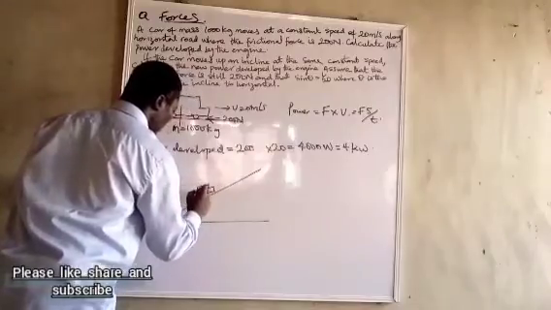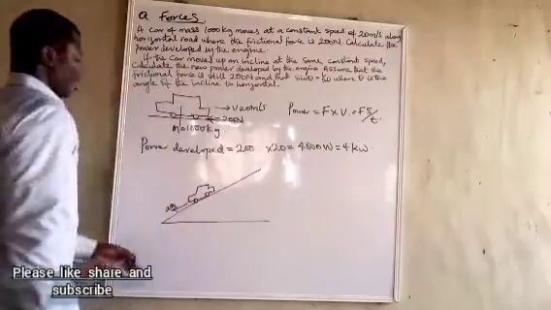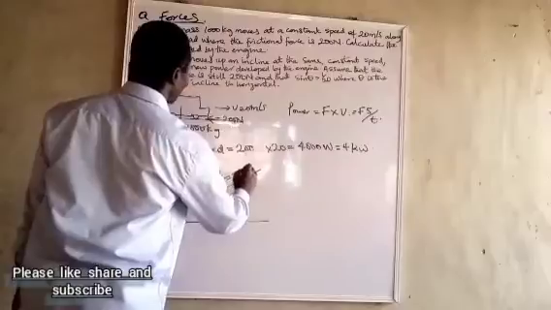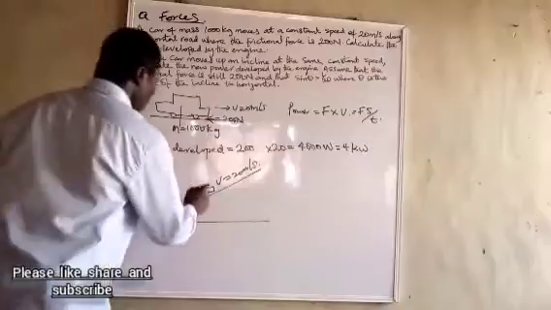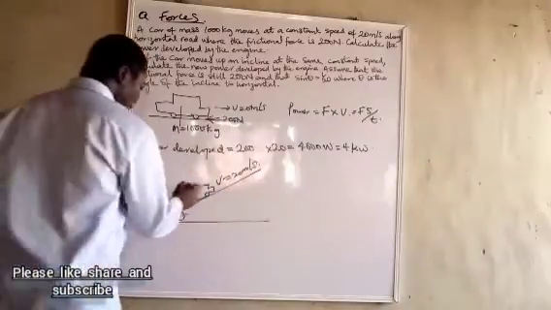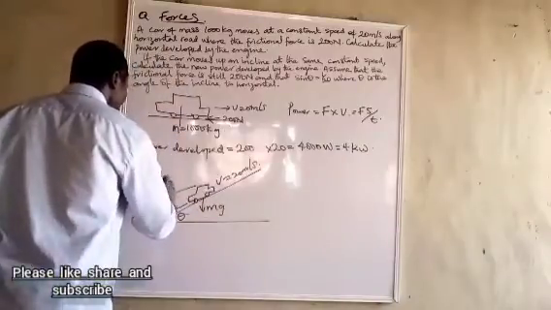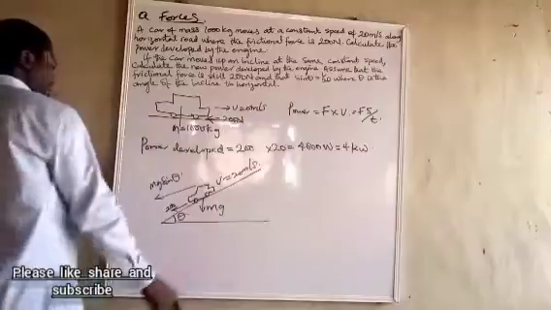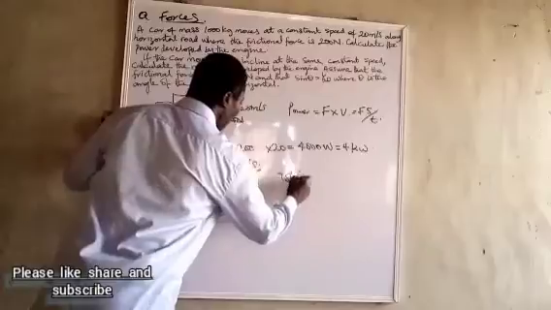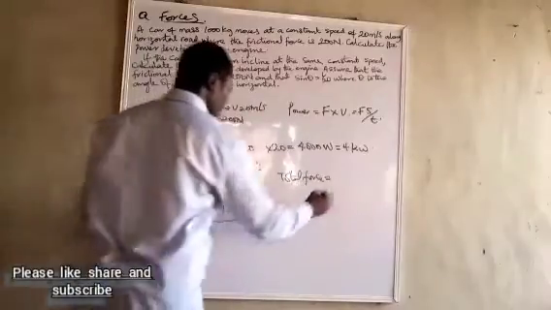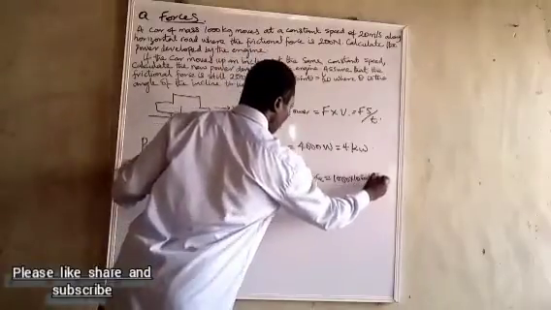Okay? And we have a friction of 200 Newton from the question, and the velocity is still 20 meters per second. We have theta here. Because it is now moving up an incline, we have a component of its weight down. Its weight is mg, and the component of this weight down the incline is mg sin theta. So we don't need to be calculating the perpendicular parts. So the total force now is equal to